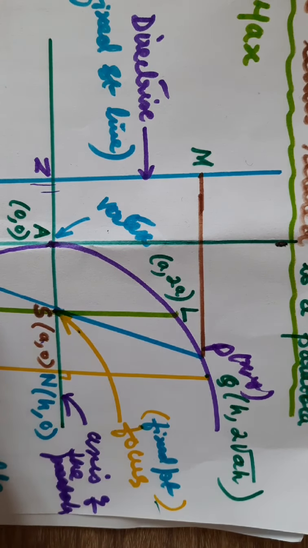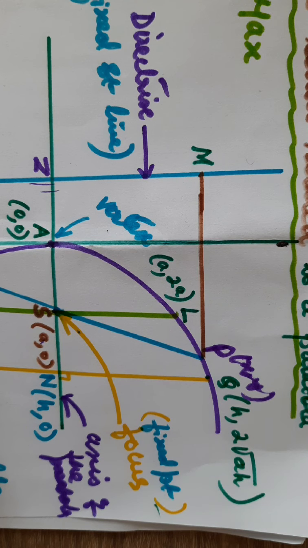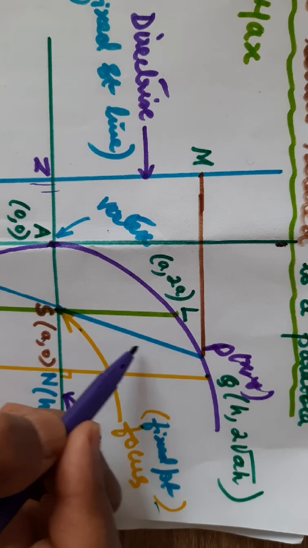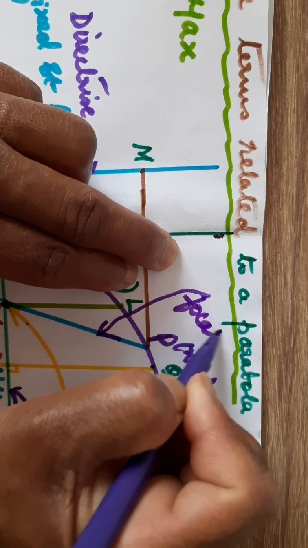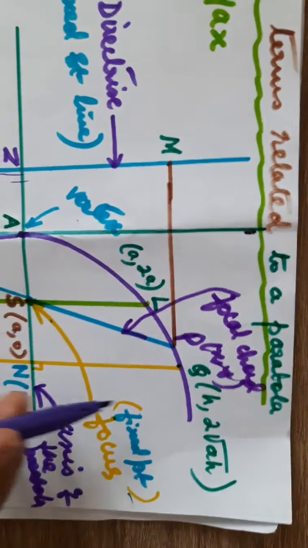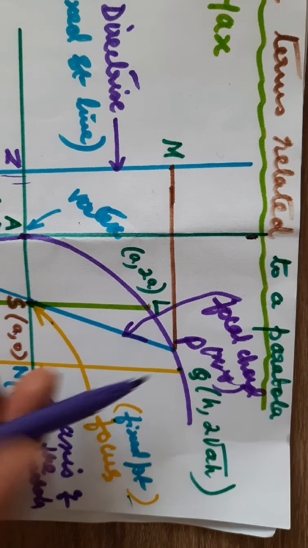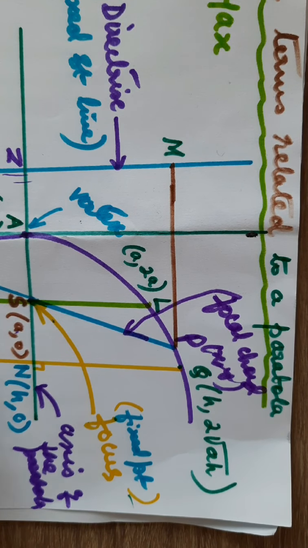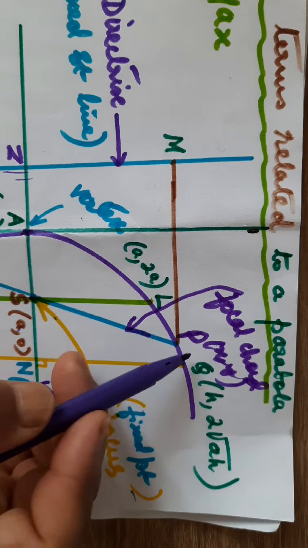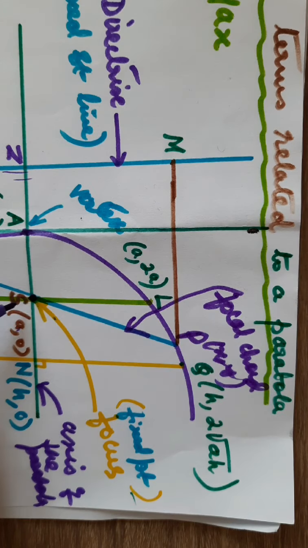Now a line which passes through the focus and also meets the parabola on the other side of the axis will be called the focal chord. What is a chord? A chord is nothing but a straight line which cuts the parabola at 2 points. So in this case, this is PP prime. PP prime will be called the chord,